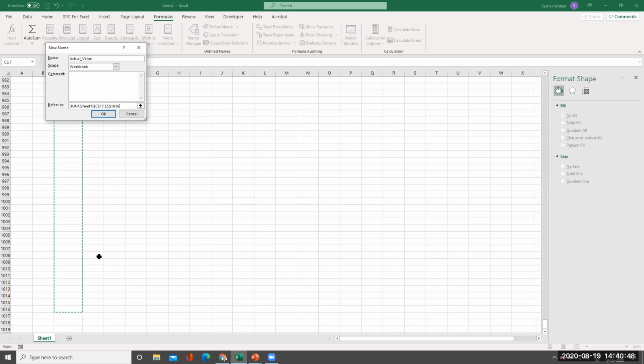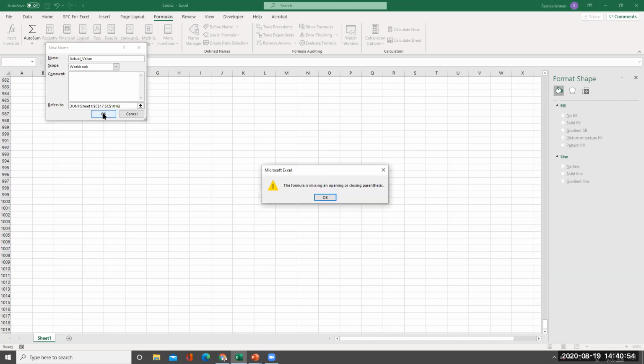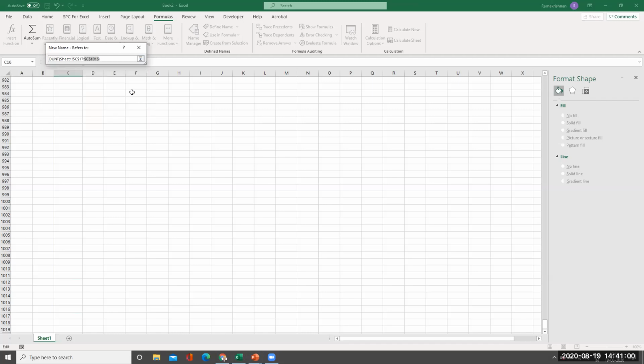So it is added here. So I'll close the bracket. I'll say OK. Something is wrong there. We'll see here. So count Sheet1, C17 to C2016 here.